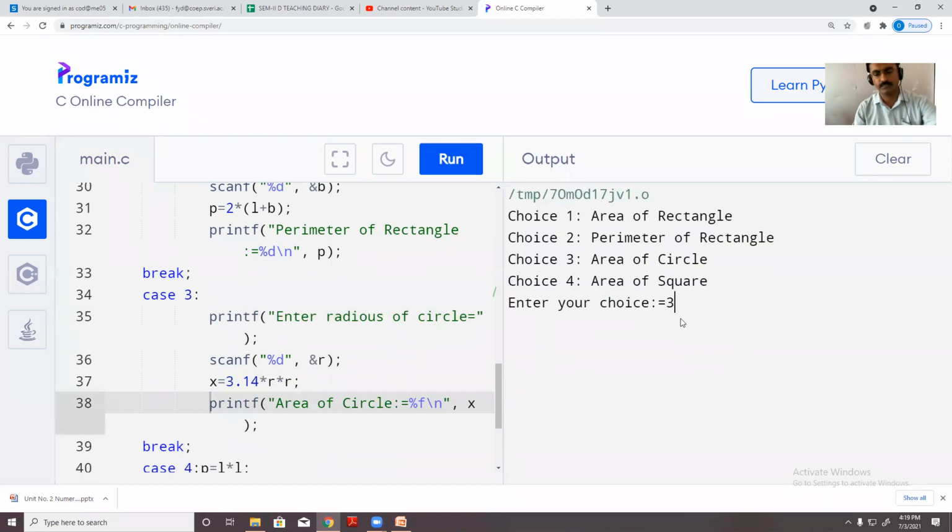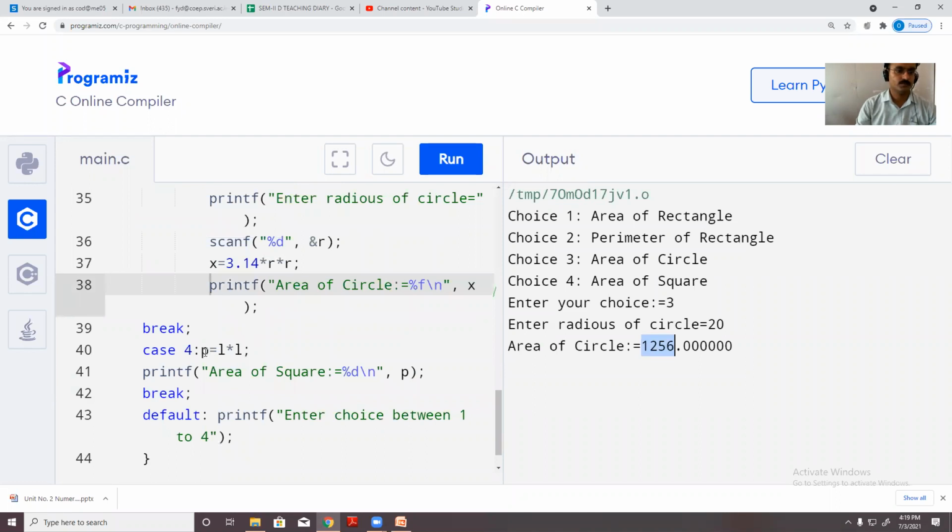So I will write 3, let's say 20, sorry. Okay, 3.14 into 20 into 20. Okay, so we'll find the answer this much.